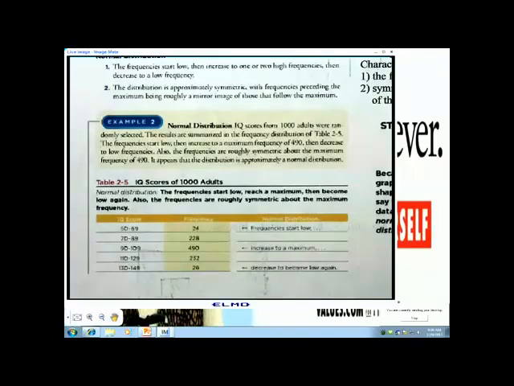Out of 1,000 adults, almost half of them fall in that one class. And then a class below and a class above also have close to the same number of people. 2 classes below and 2 classes above have very close to the same number of people. These are your Mensa folks right here, your geniuses. So you can look at a frequency distribution or a histogram and determine whether or not it's from a